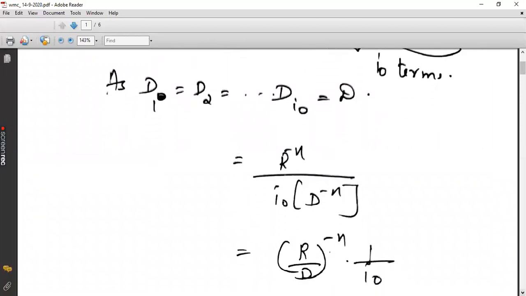Please take down the derivation. Don't sit idle. Take your notebook and write. Now, the next step: since the powers are the same, what is the power? Power is called the path loss exponent. Its values range from 4 to 7 in some cases or 2 to 7 in other cases, but still the typical or ideal value for an urban environment can be considered as 4. That will come when we are doing some examples; I will take the appropriate value of n. Now you just put n as such. So I will combine these two. It will become r by d the whole raised to minus n into 1 by I0.